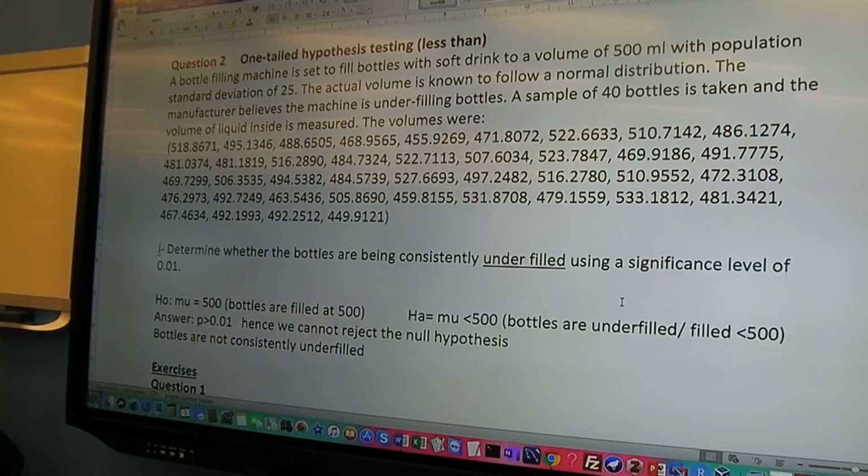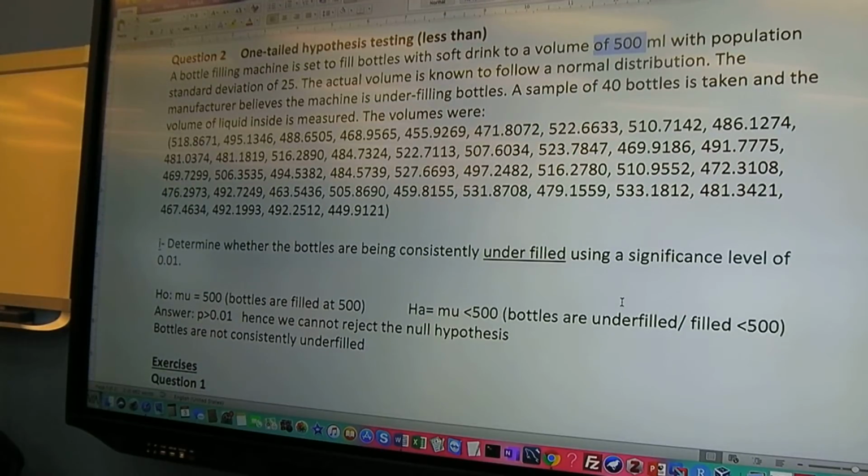Okay? So for example, if you take the mean of this sample, it might not necessarily be 500. It could be 503 or whatever. This is not what I'm testing against. I'm testing against this guy. This is the important one, the 500, the population mean. Okay? Now the alternative hypothesis, because I'm not testing inequality, I'm testing less than, so the less than would go